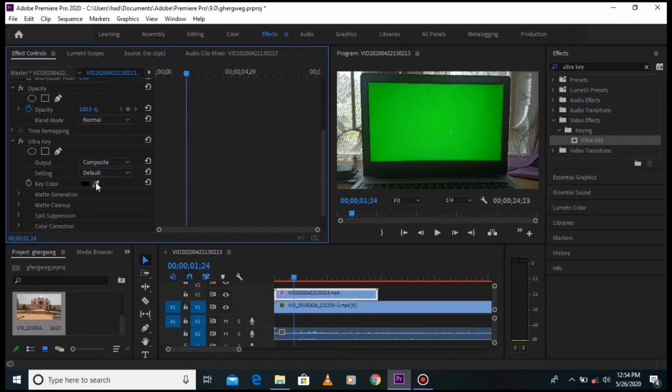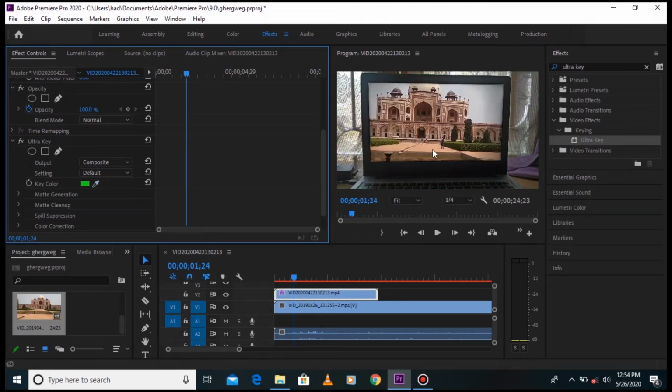So just click this pen tool and click on this green color. See, the video below the green screen has appeared here. Now you can